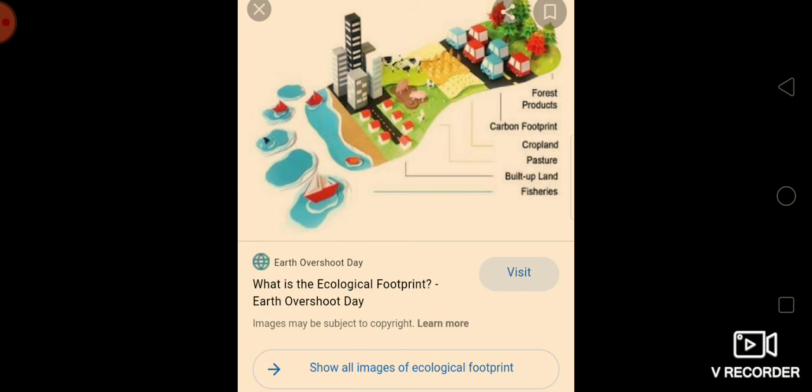Understood? That's why many times I have informed you, and we have learned and discussed in the previous classes, about the over exploitation of resources. Some resources are being over exploited. Some resources are non-renewable, so they won't be renewed again and again. So we have to be careful about non-renewable resources as well as renewable resources. How much we require, that much we have to use. Understood? In the last class, we discussed the checklist.